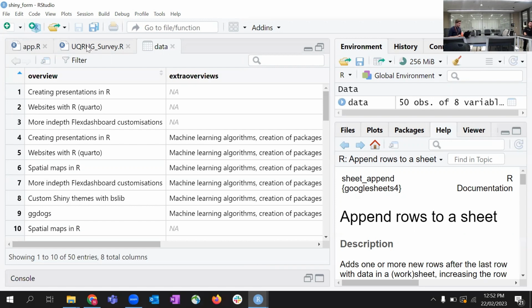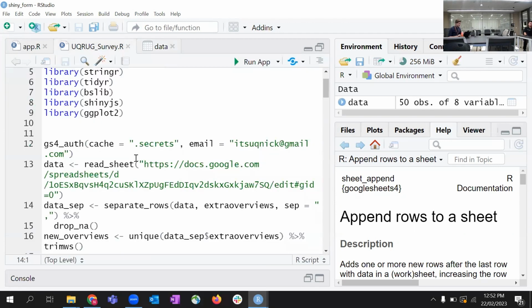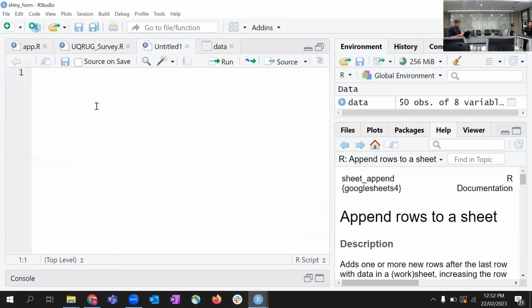So what we could do now, and this is going to get a bit messy because I'm just going to put it in here. No, I'm not going to do that. I'm going to create a new sheet so it's not a big mess. So if I get that data and I pipe that into a ggplot,